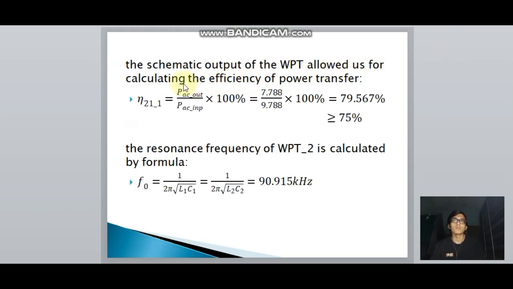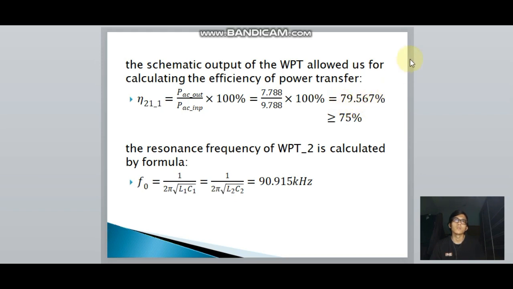After we run the circuit, we calculate the efficiency of power transfer of the circuit by using the formula P AC out over P AC in times 100%, which